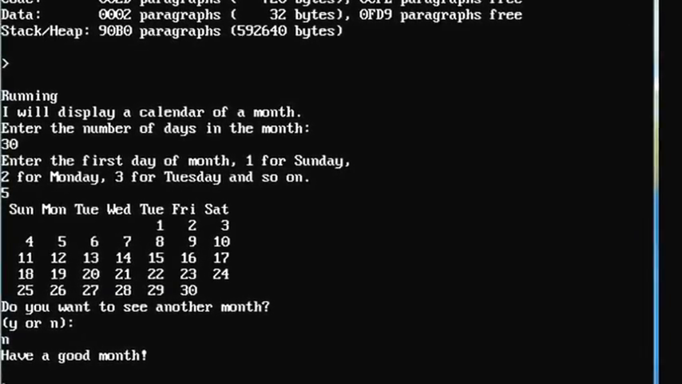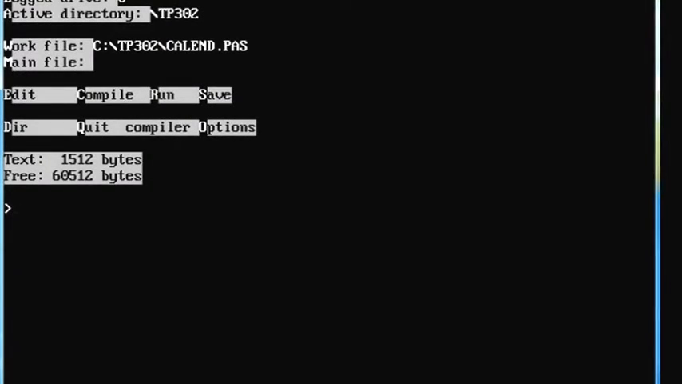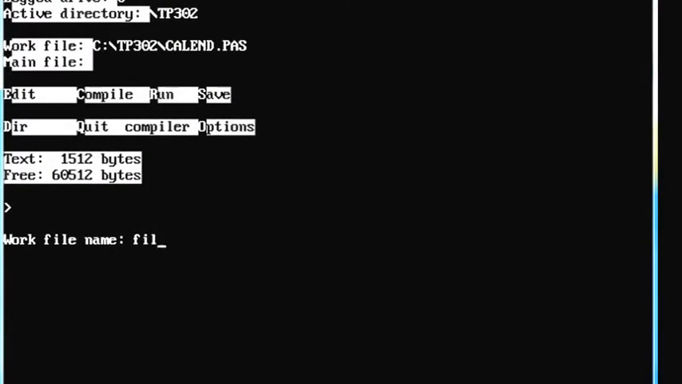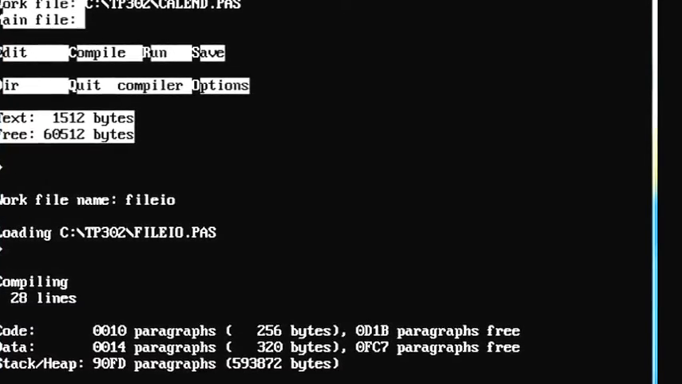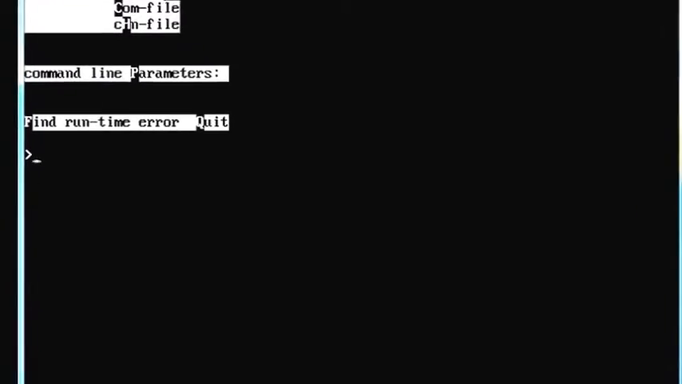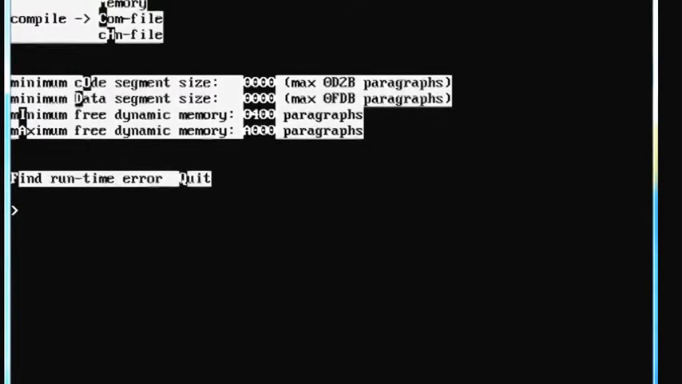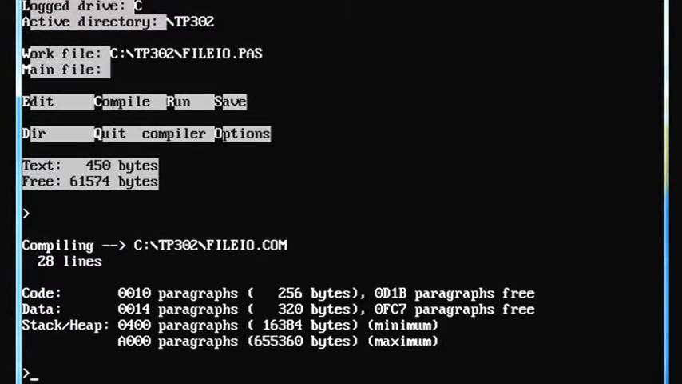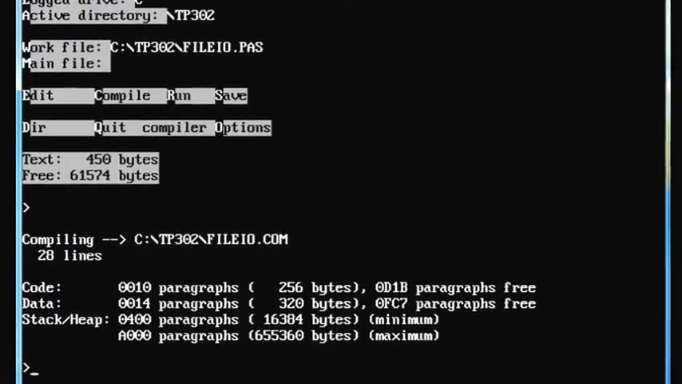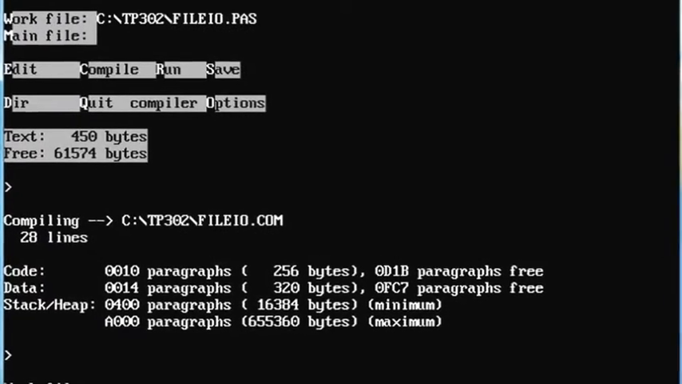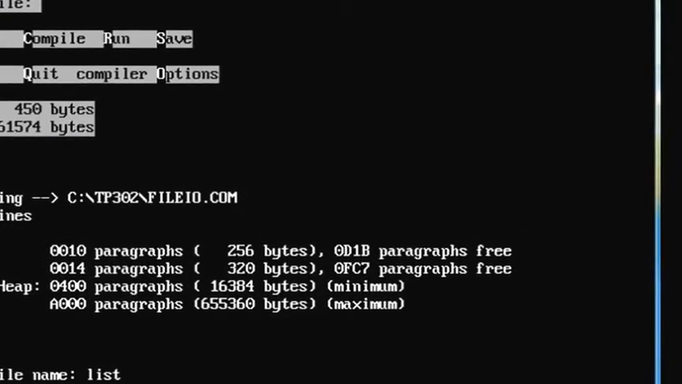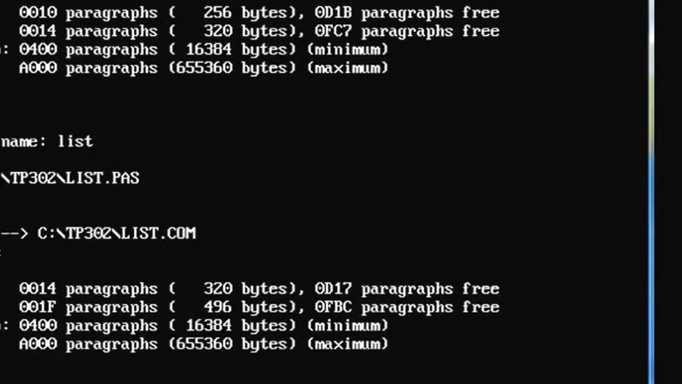Now we'll have a look at something different here. Work file, file IO, C for compile option. Compile options O, C for compile, and then quit, and then say C to compile, and it makes an executable. It's ones and zeros based on the source code. And work file list, C to compile, and it does that. Q to quit,